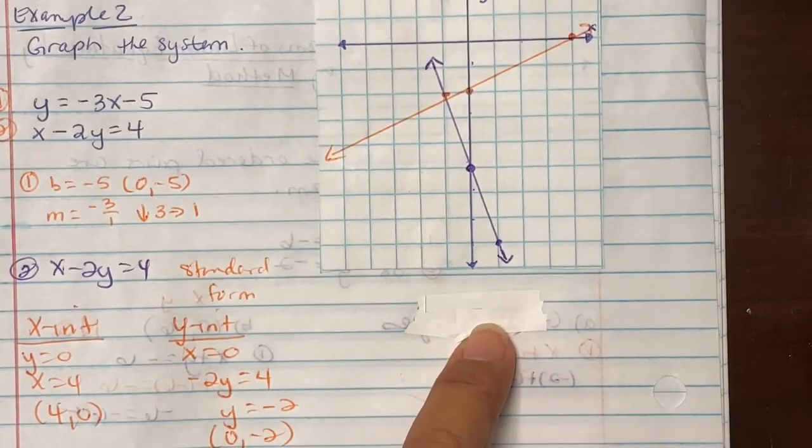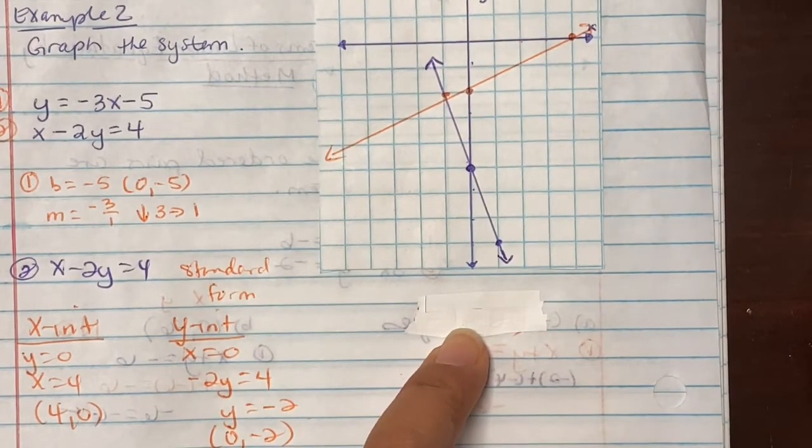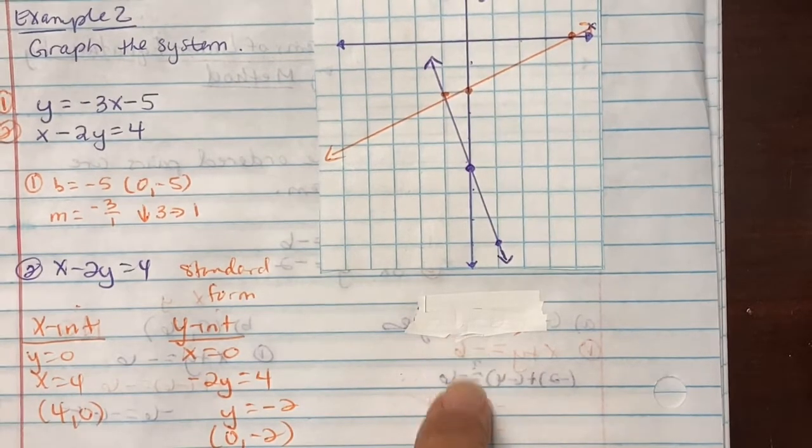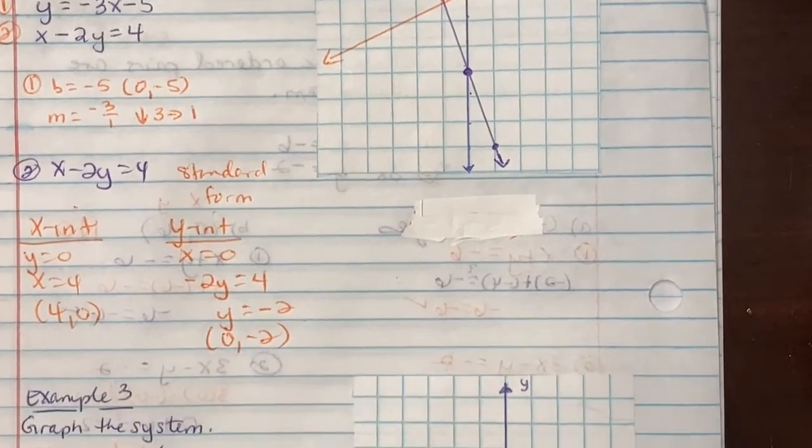And if they needed an algebraic solution, then that's where we would go algebraically. So for right now, we are just graphing it, and we notice that it's 1 point of intersection on this problem. When we look at example 3,